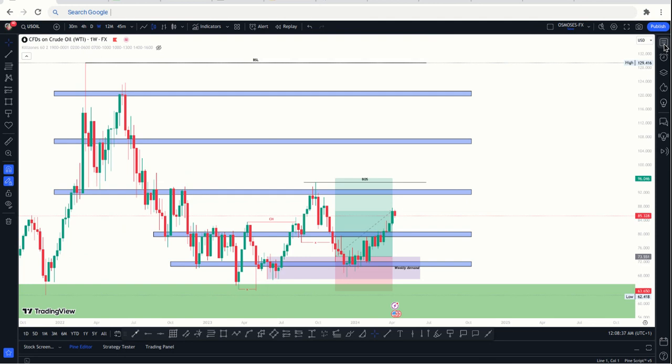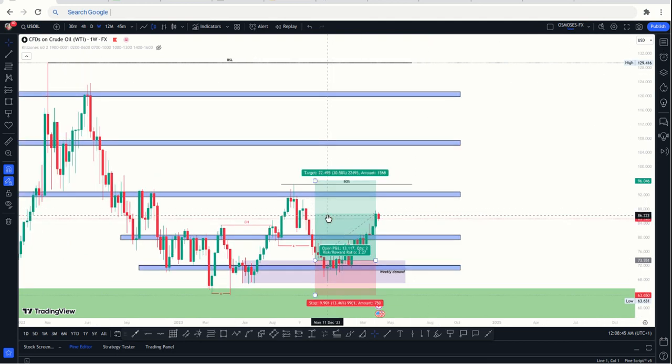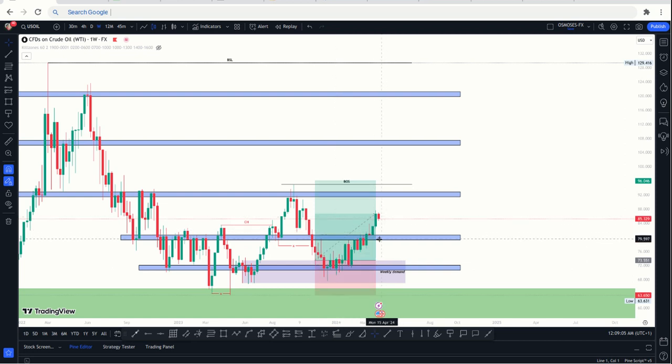Overall, DXY has been bullish, so I've been bullish on DXY, but this week, what is our view on DXY? If DXY is bullish, then we are in trouble. If oil is bullish, it means we are going to be bearish on DXY, and this week DXY is not looking bearish to me. So I feel oil is going to retrace a little down to